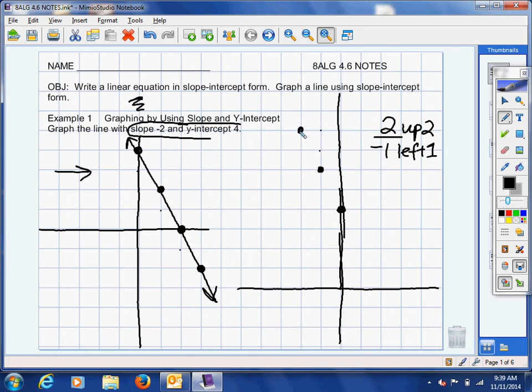Are you seeing the pattern? Now I have a little room. I'm going to go the other way as well. I'm going to do the down 2, right 1 to just show you that it's really the same exact line. Down 2, right 1, down 2, right 1, down 2, right 1. Do you see how it's all on the same line? Whether I go up 2, left 1, or down 2, right 1, all these points lie on the exact